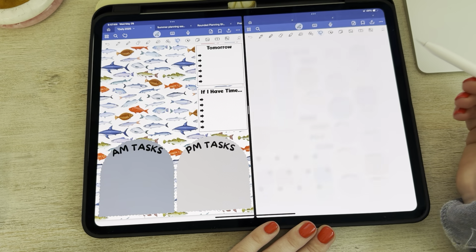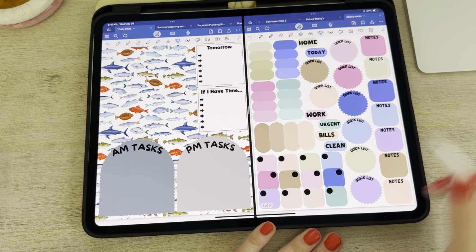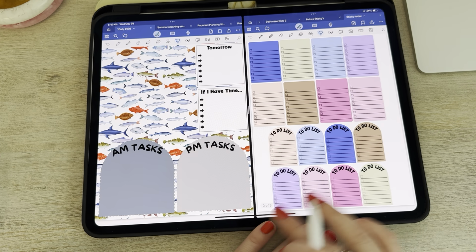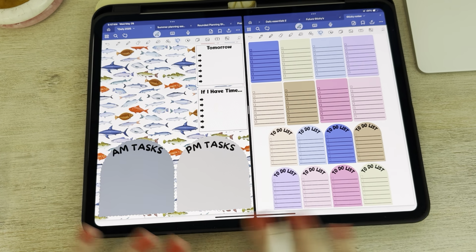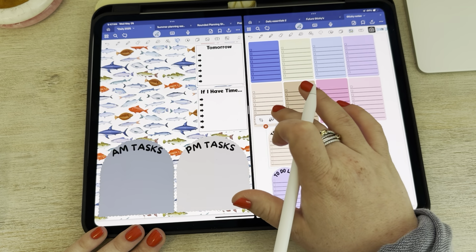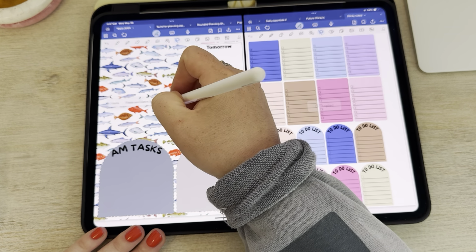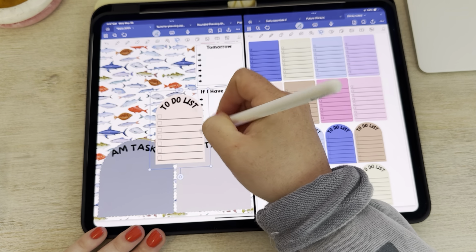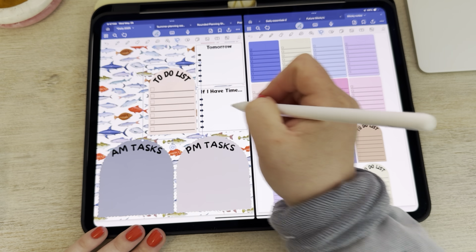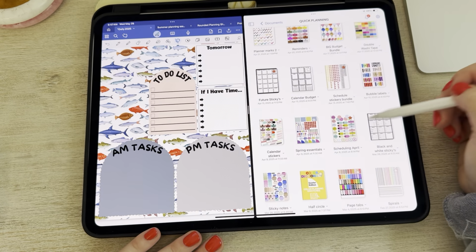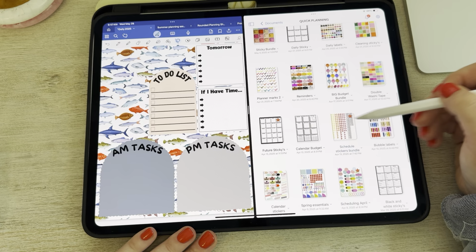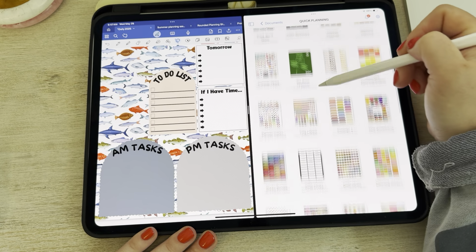We can do some sticky notes. These are sticky notes in my pink and purple bundle. But if you don't like the colors, I have several other packs of sticky notes. But let's just grab this one. So as you can see, I'm building a daily off of all of my stickers. Within my shop, I have those daily essentials. I have the sticky notes. I have